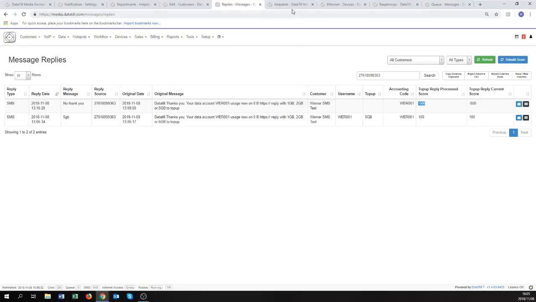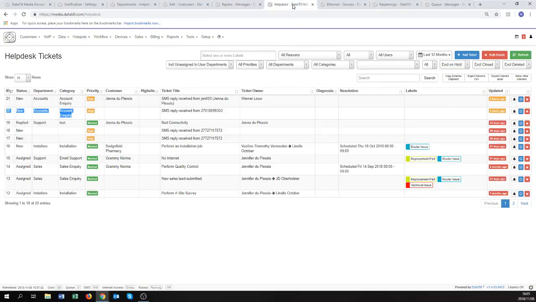If we go through to our help desk, we can see that the following message has been received. As per the settings that we set up initially, the department it falls under is the accounts department. We can see that the category has been set up as an account inquiry, and the message reply received from X cell phone number. If we look at the message, we can see that